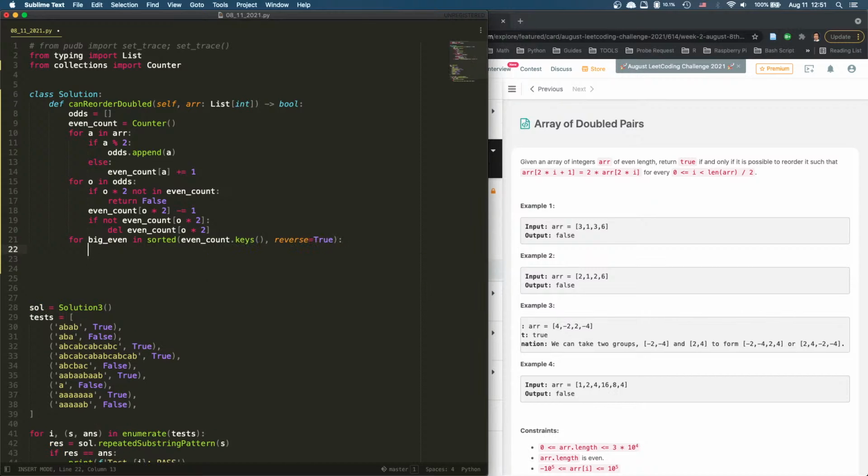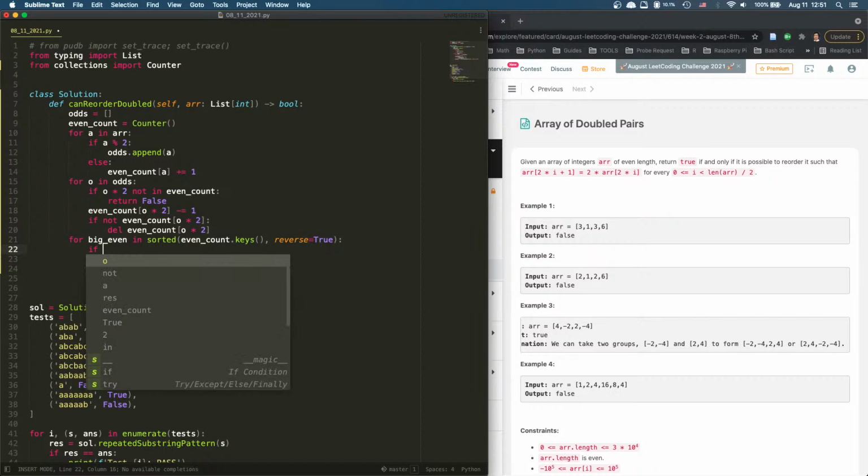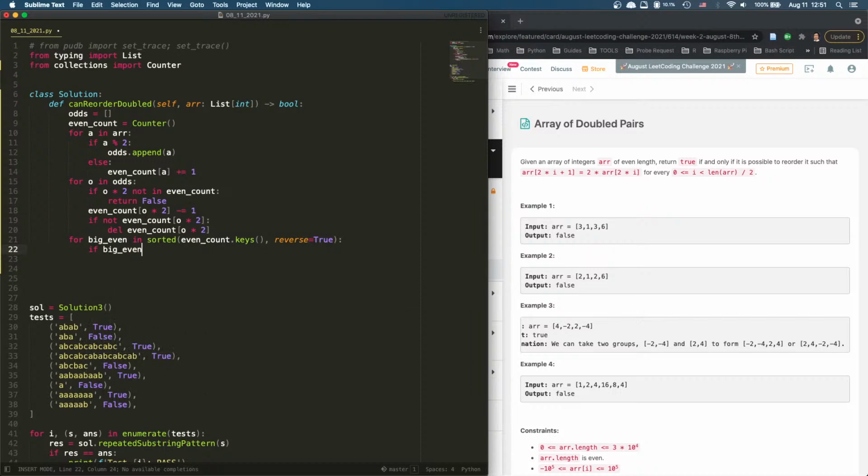So we want a sorted. So this one comes out, and what happens to this one? So big even, and we say if big even,